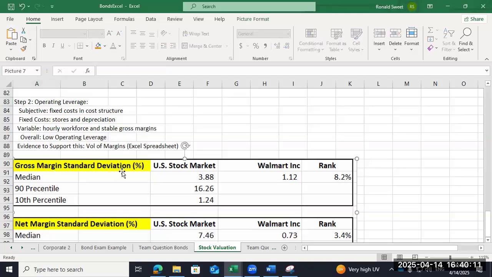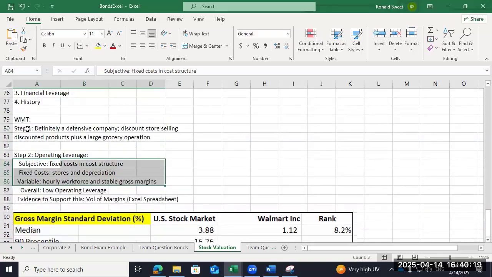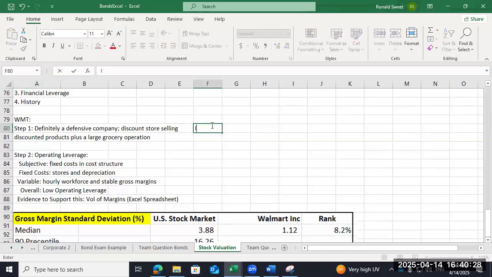You might get this chart first before you do your subjective part, so you can make sure you're consistent throughout. All right. So Walmart, definitely defensive, low operating margins. So we're arguing low beta. So low beta,